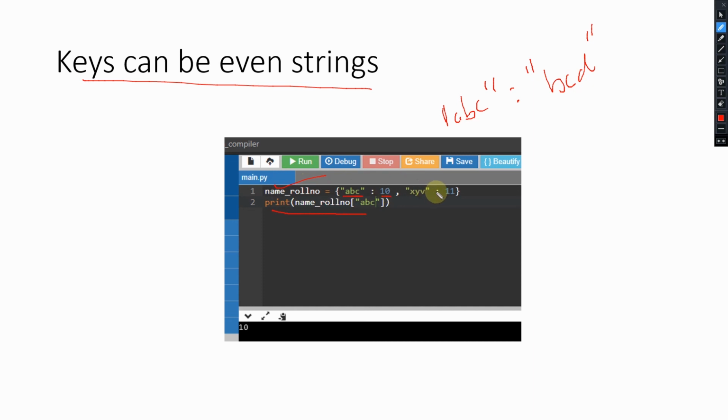XYV is the name and the corresponding roll number is 11. So in this case, this is the key, this is the value, this is the key, this is the value. So print name roll number of this key ABC, I'm getting 10. I'm passing ABC, which is the key, and the corresponding value is 10.